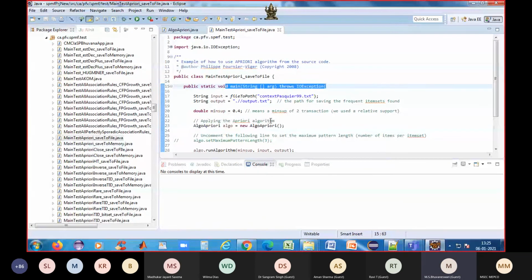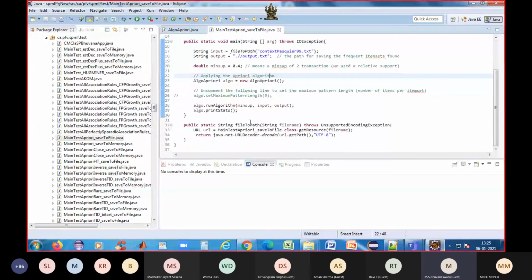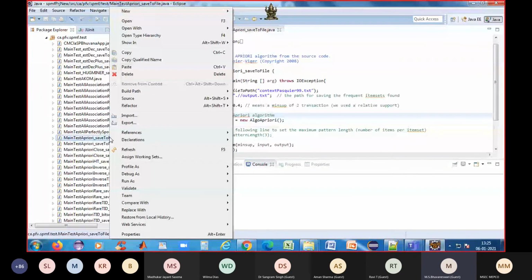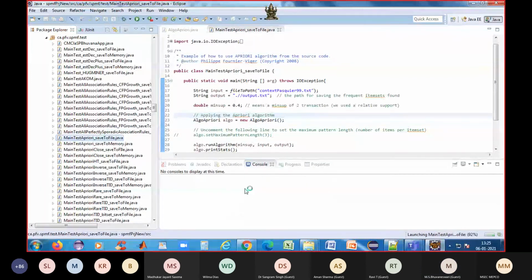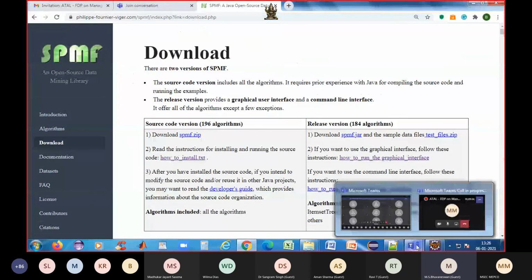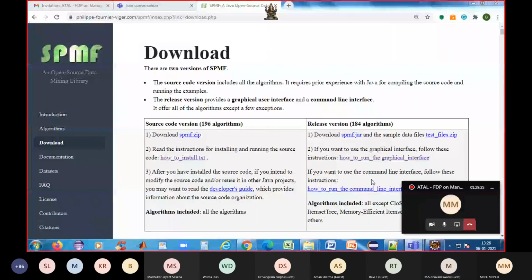So nothing else we have to do. If I want to run it, you take this file and run it, and automatically it will run and give you the result. It's not needed to develop from scratch. For all these algorithms, the codings are available. It is open source. Anyone can download it, modify it, and see the result. If any questions are there, you can ask.